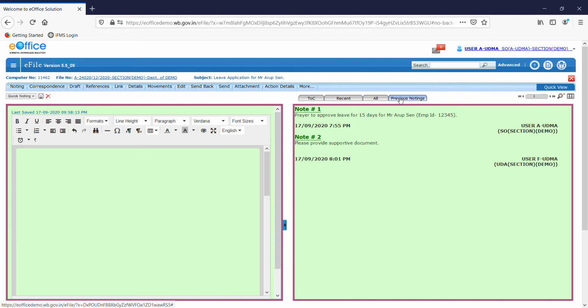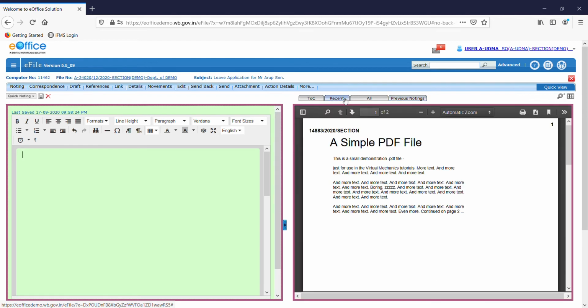There are two notes already available in this file, and correspondence is attached. So we have to write our own note here. We are going to write this note.